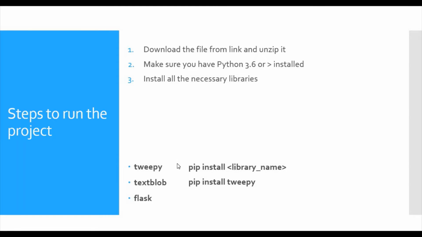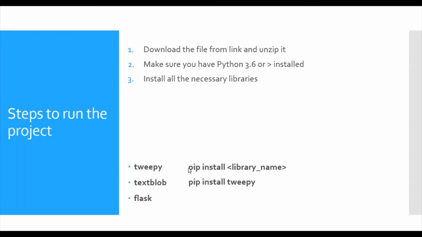So the syntax is pip space install space the library name. For example, if you want to install the Tweepy library, you have to enter pip install Tweepy and press enter. Similarly, if you want to install Flask, then enter pip install Flask and press enter. So follow the same procedure to install all the 3 libraries and make sure you have installed all these 3